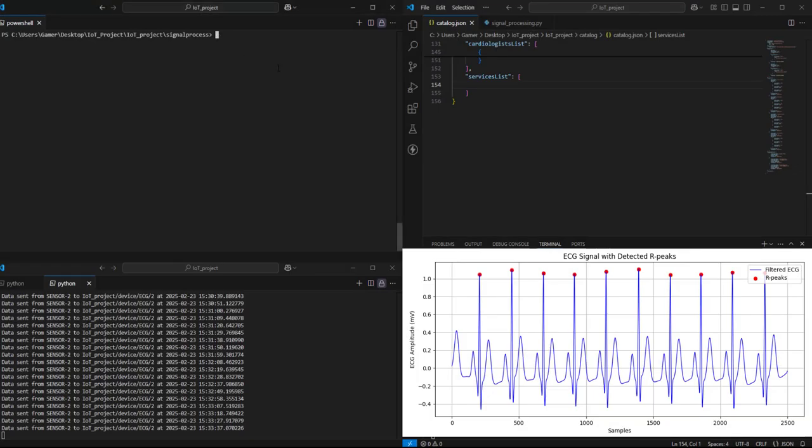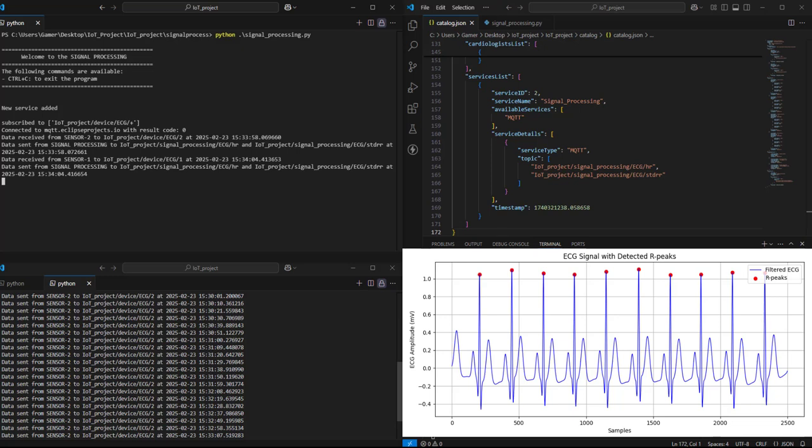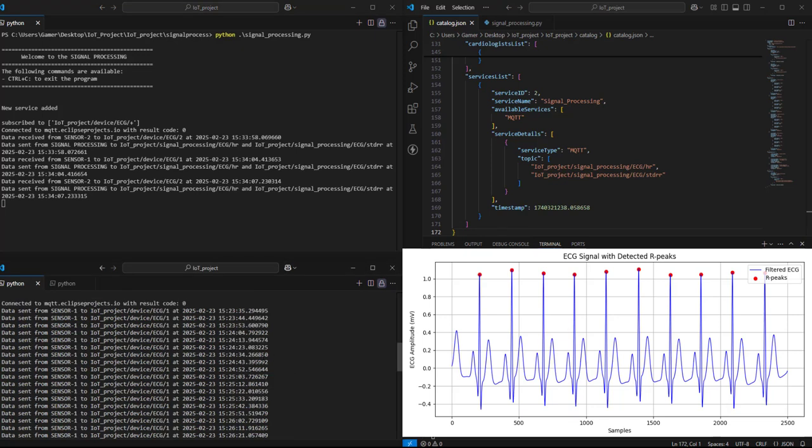The ECG recording as sent by the devices is analyzed by the signal processing microservice. This service is subscribed to all the topics that are published by the ECG devices. This software component removes any noise and trend and extracts characterizing features from the ECG signal. The features extracted are the distance between the RR peaks, the standard deviation of this distance, and the heart rate measurement, which is the inverse of the average of the RR distance. All these parameters are then published by the signal processing microservice through MQTT.